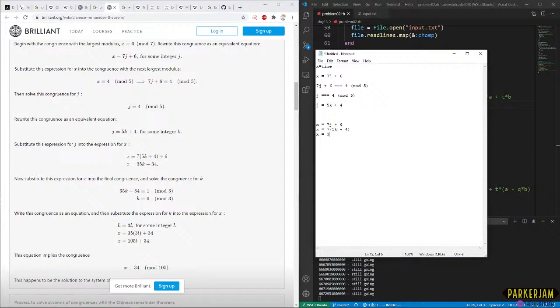Then x equals 35k plus 34. Yeah, I buy all that. I trust that arithmetic is correct. Basic distributive property at that point.